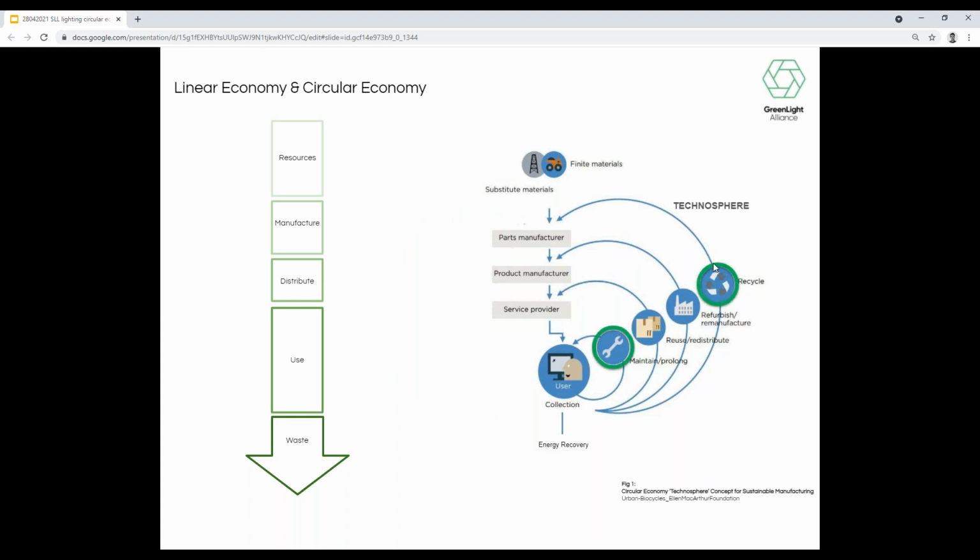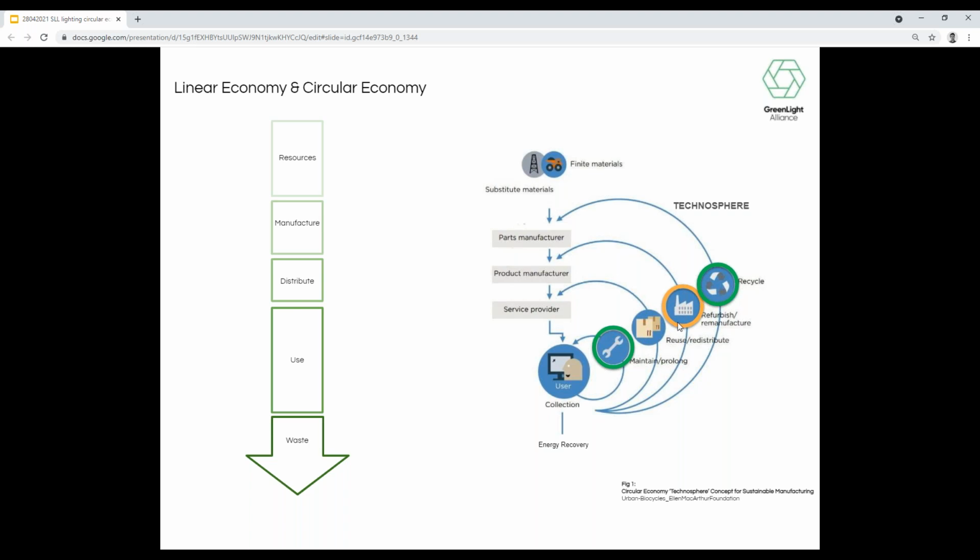And within the technosphere, things that we do well already are maintaining and prolonging of products. That was done very well back when we used traditional light sources, but with LED that's become a little bit harder in terms of the gap between service cycles and the techniques and tools needed to achieve it. And we do recycle very well, but this is a very broad term, and we'll touch on that again in a bit. It should also be the last resort, really, recycling. So we want to keep materials and products at this end of the useful chain for as long as possible.